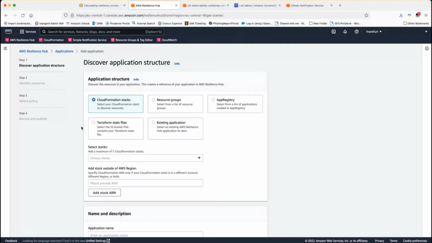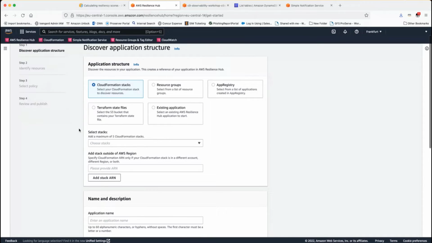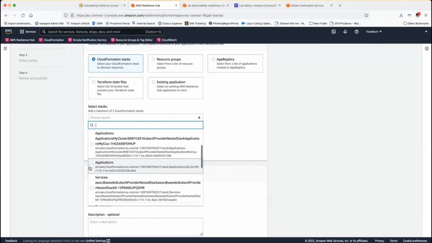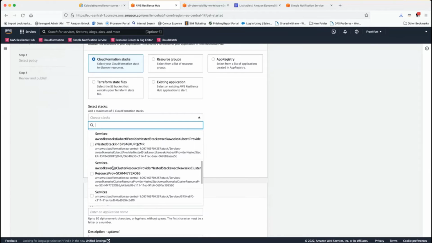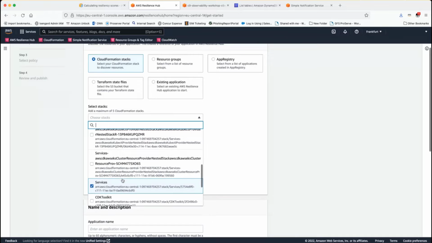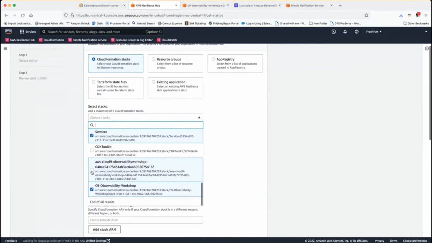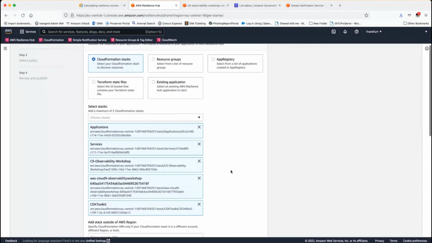I have a pre-built application out here, which has a combination of things in CloudFormation stacks. So I'm going to grab a few of these stacks. I know where they are in this. I'm going to grab some stuff about my applications, some stuff about the supporting services, and some of the backup stacks that I have here. So it's 5 stacks that are in here. And then I'll just name this,